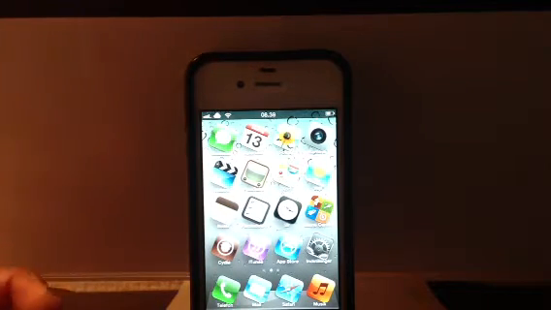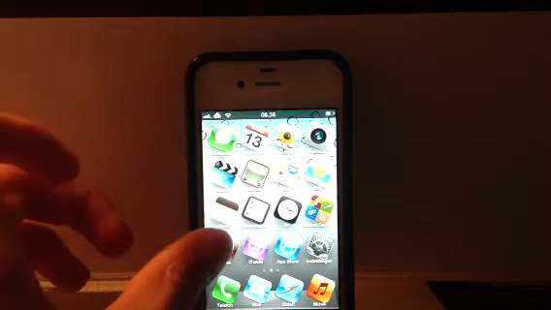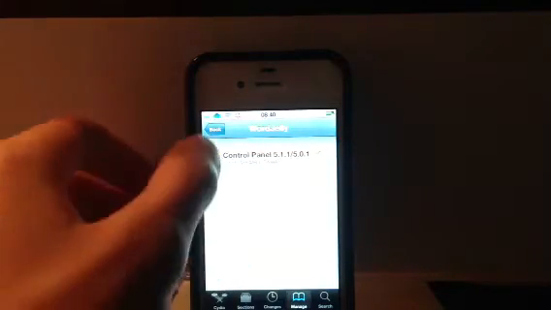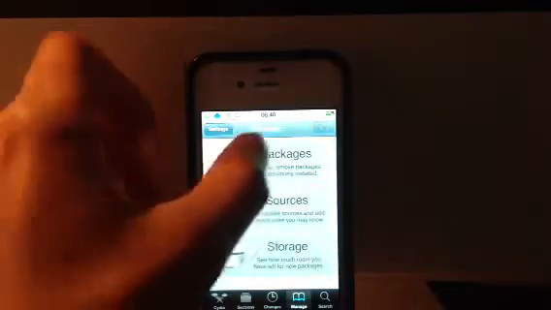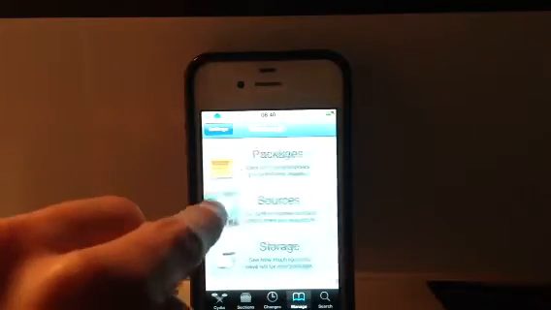Yes, let's begin. First, you're gonna go to Cydia. The first thing you're gonna do is add the source I have. You go to Sources.